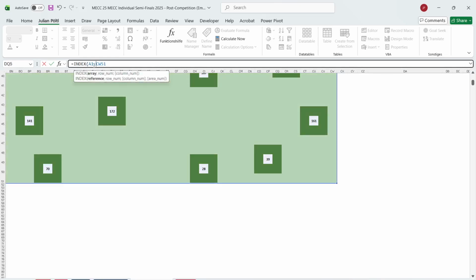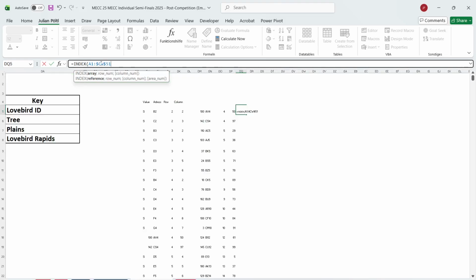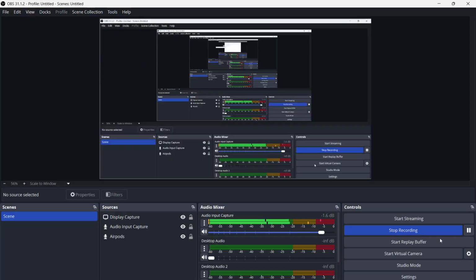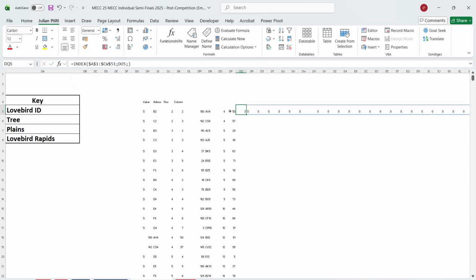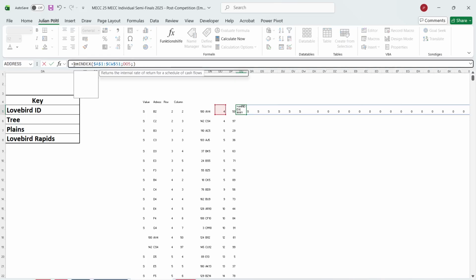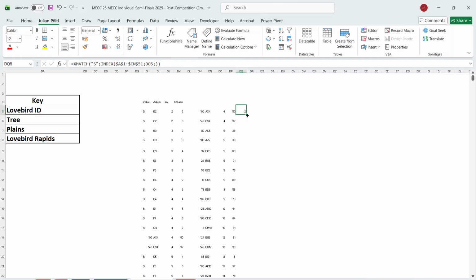A1, make this on the same. So here index row number is given here, whole column, and then I want to xmatch the first S in here. And the first S is in 2